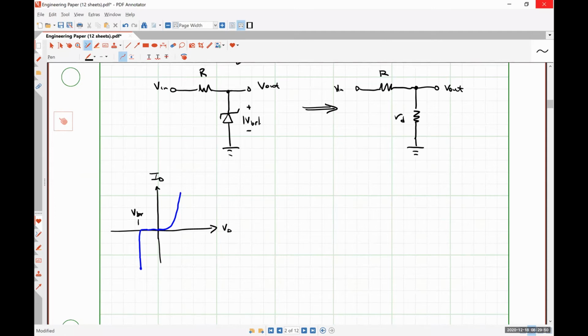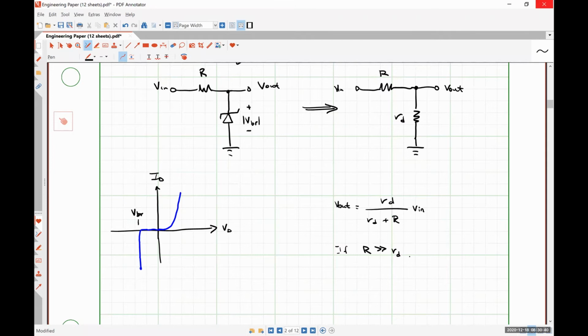All right, so looking at our small signal model, why it behaves this way effectively is we look at our small signal model. Times Vn. If R is much greater than RD,